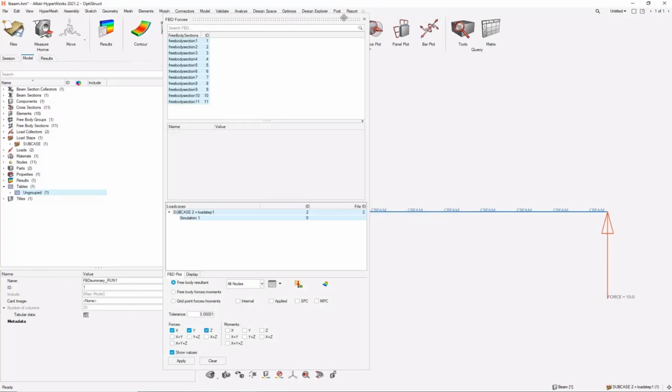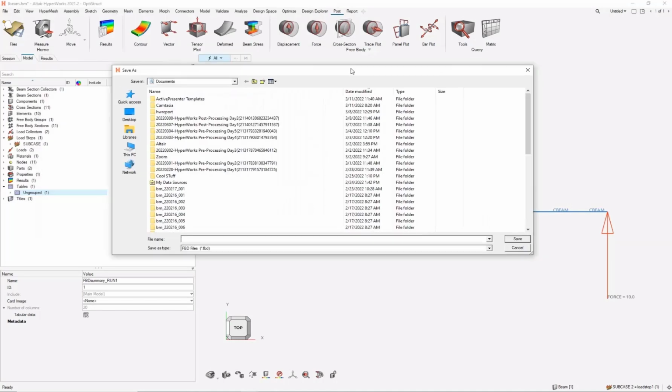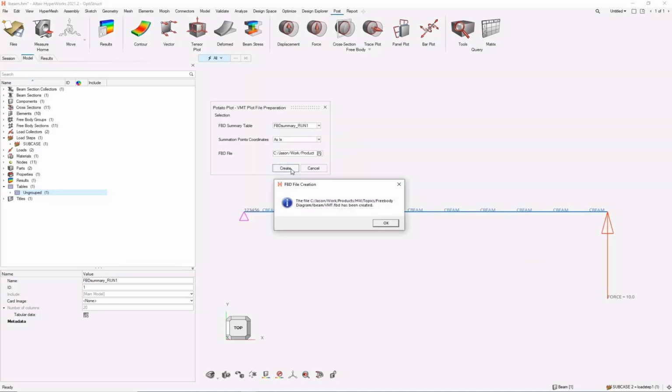Now, once this table has been created, I can go ahead and go to the free body dropdown and create a VMT plot file. I point to the summary table and save a new file. Once I've saved this new FBD file, it's a vmt.fbd,